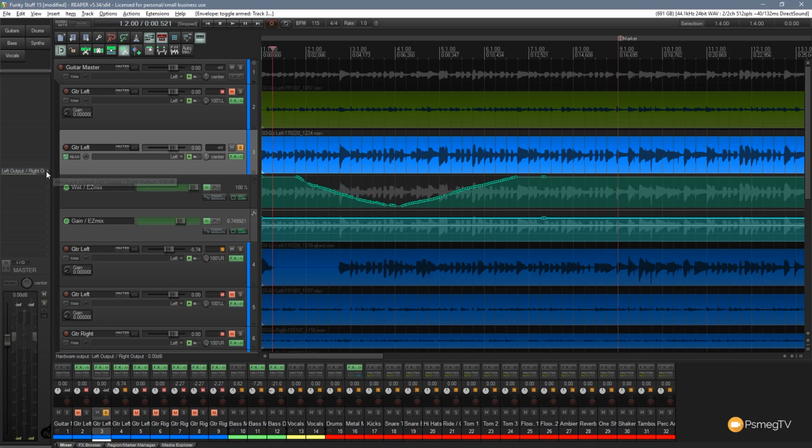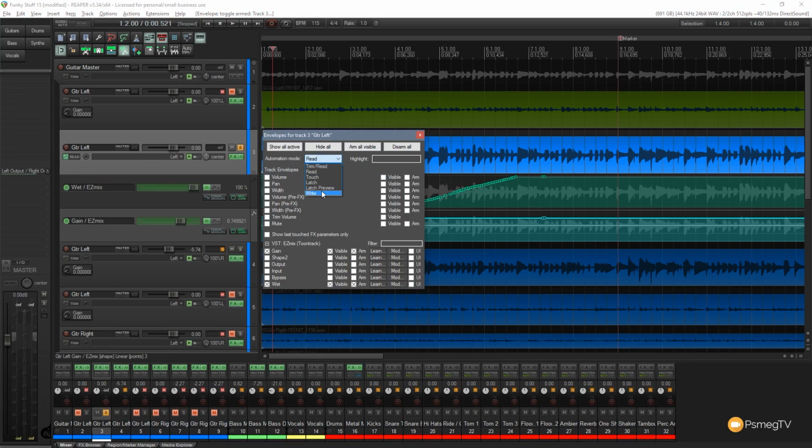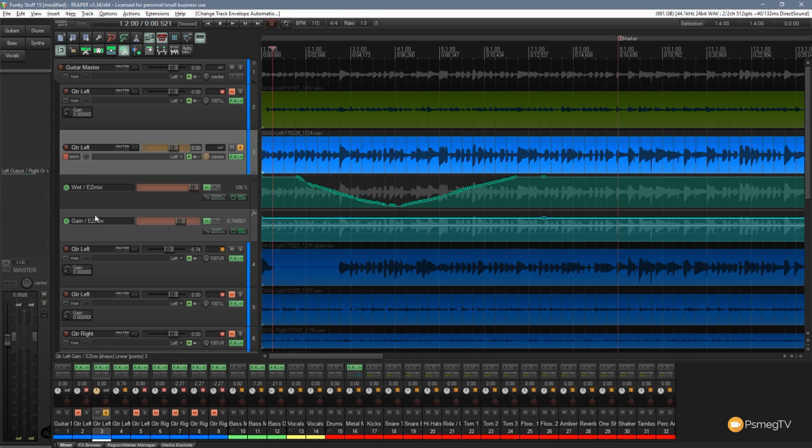And now when we come in and enable this so we can start recording that automation, we just simply click on read again and just change that to be right. That now becomes armed, and I'll just rewind the track back a bit. If I use that controller, you can now see those parameters change. So you can see everything being updated in real time, and if I hit play now,